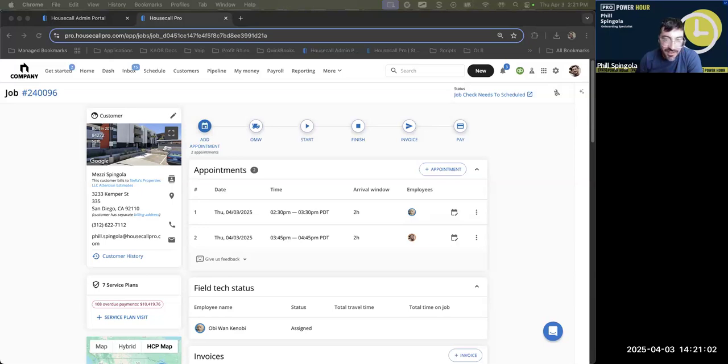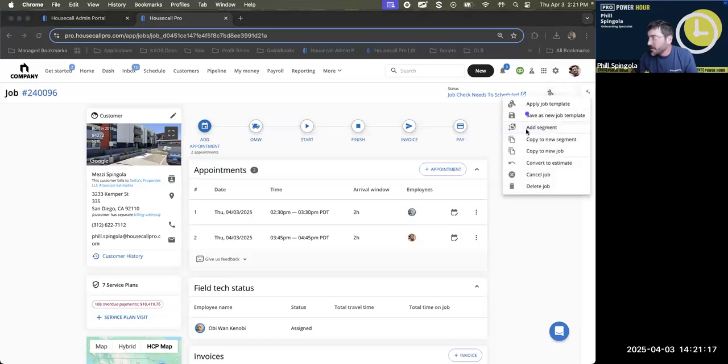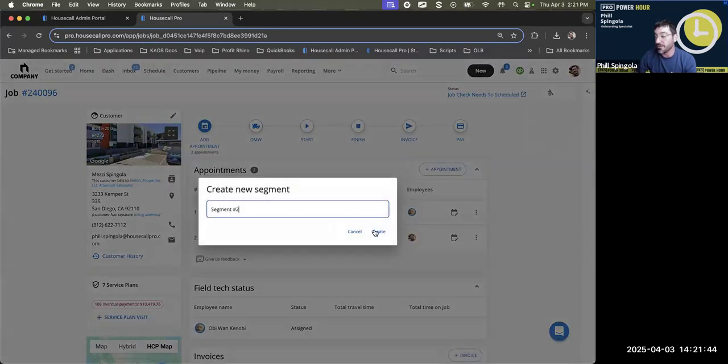So that's pretty much the functionality of the multi-day appointments. The next thing is let's talk about segments. Segments are up here where this gear and wrench icon is. You'll see you have add segment and copy to new segment. If you want to take everything that is on your current work order and copy it over to another segment, maybe you want to add a couple of line items, like I mentioned, changing a work order or adding things to it, we can always copy everything from our original work order to the next segment. Or we can just create a whole new segment by itself.